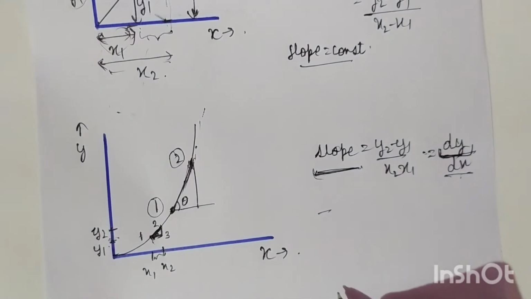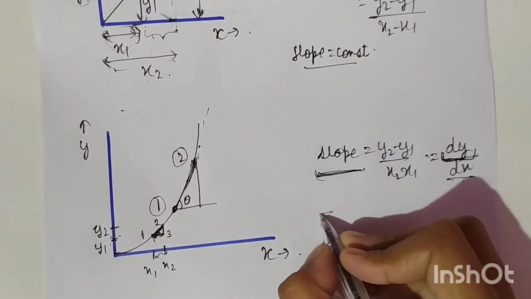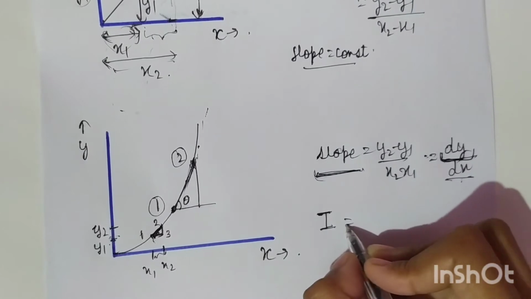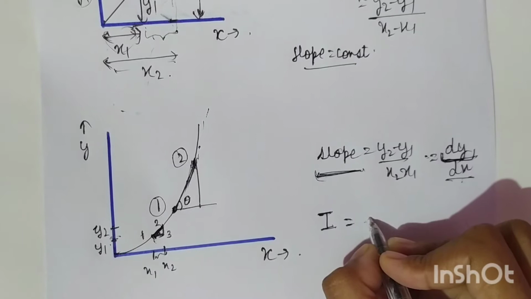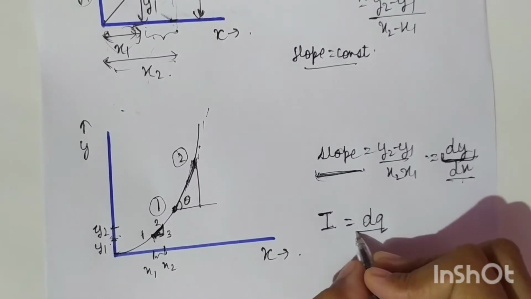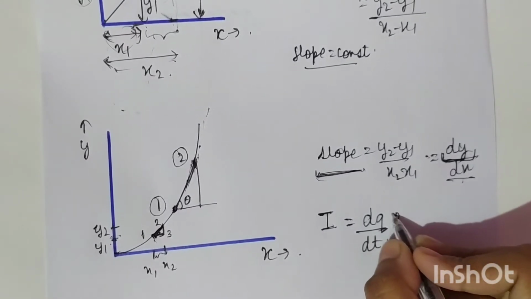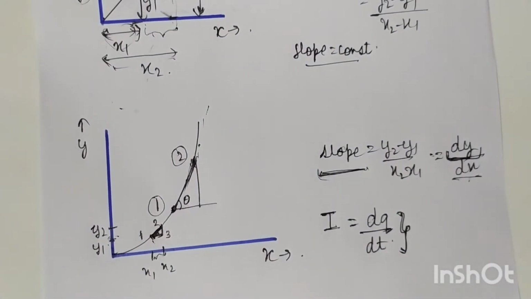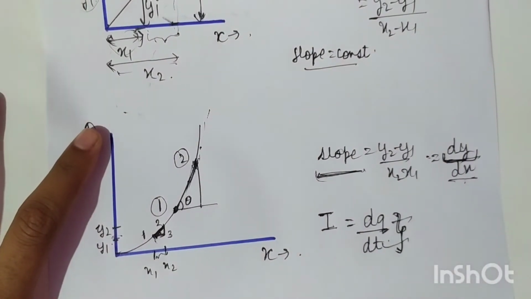Let us take one example. How do we define current? What is current? Current is defined as the rate of flow of charge per unit time. Okay, so how do we define rate of flow of charge? That means there is some change in the flow of charge, so we can write it as dq, and per unit time interval, so we can write it as dt. So this is an example of a differential equation, that is current, which is nothing but the rate of flow of charge per unit time.